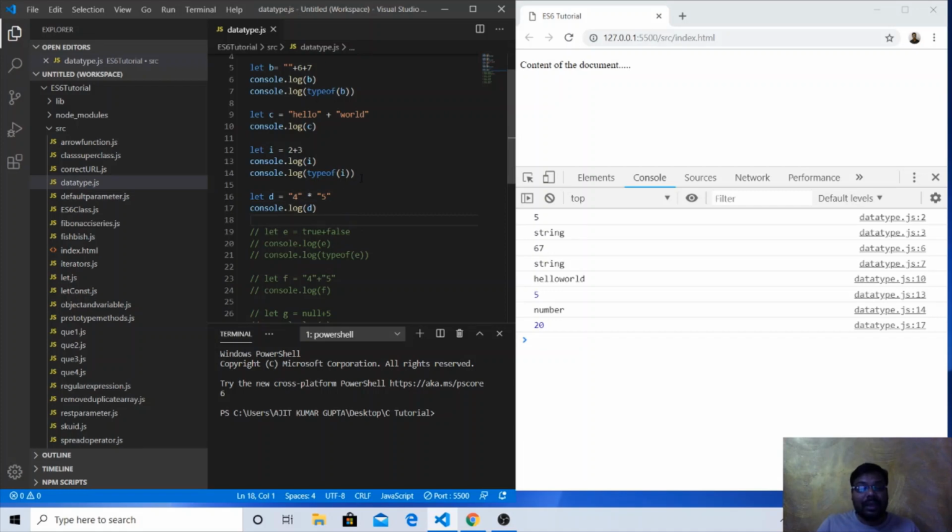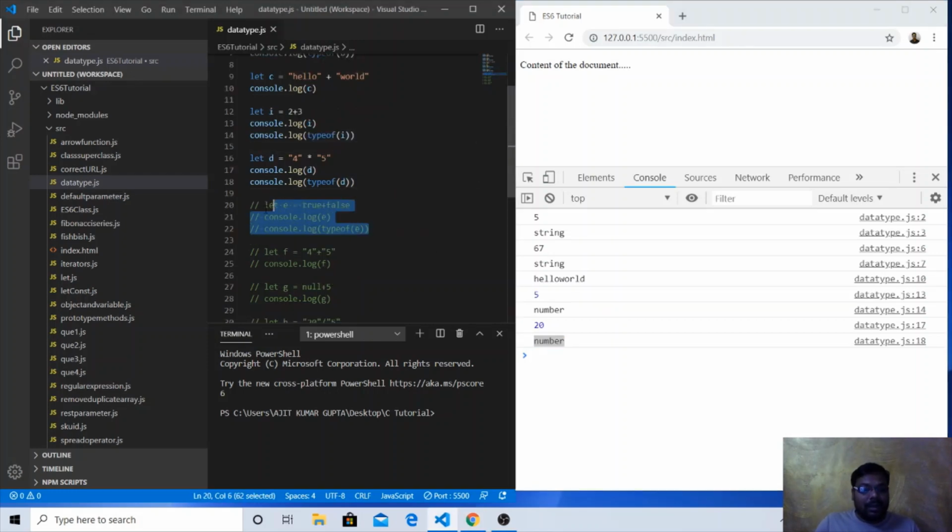If we check console.log typeof d, the output is number. So JavaScript is intelligent enough to predict the data type automatically.